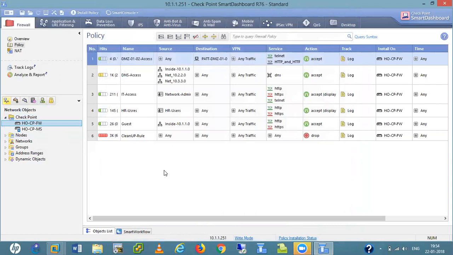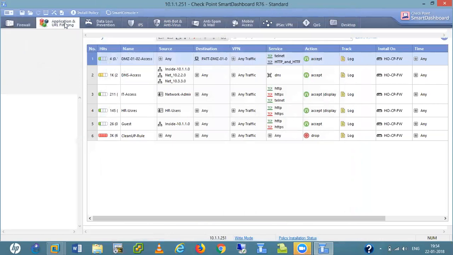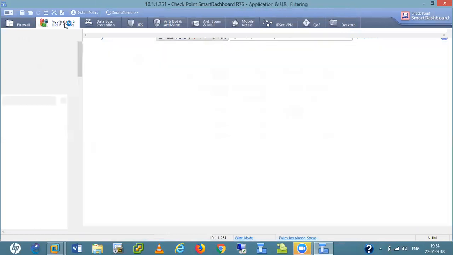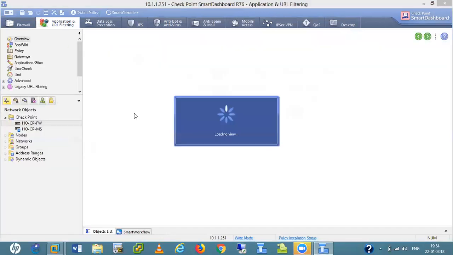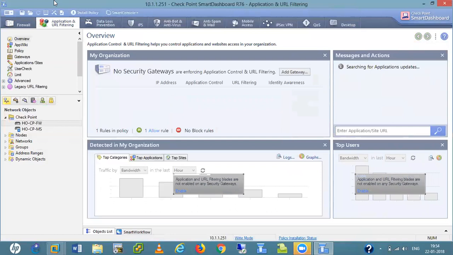Now the second step is this. In application and URL filtering, we go in there. This is our second step. If we also have a branch firewall, then we also repeat the same thing which we do with our headquarter firewall. So in this application and URL filtering,